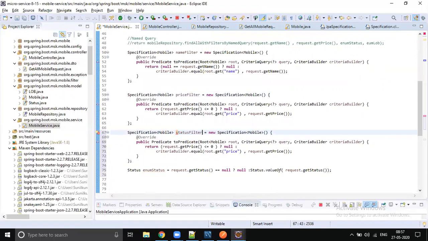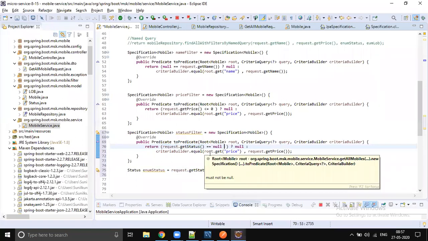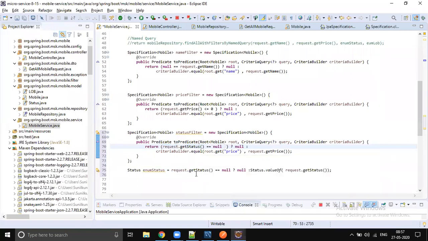Okay, so now this is status filter. So if the status is null, then don't apply the filter. If the status is null, don't apply the filter. If status is not null, then check with the database status column, but make sure you are sending enum value, right?